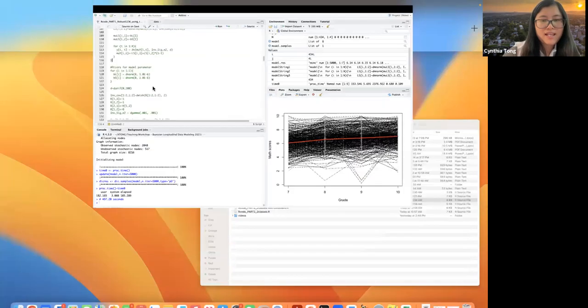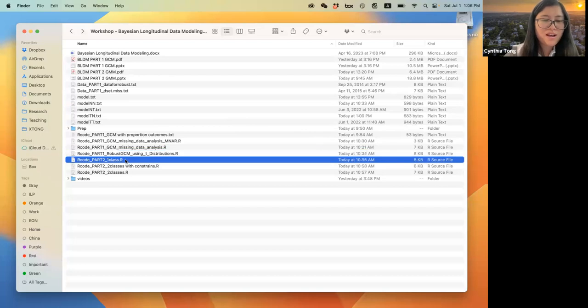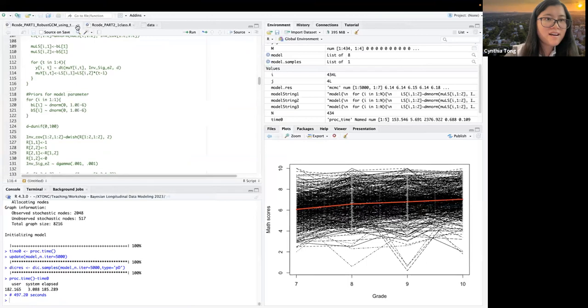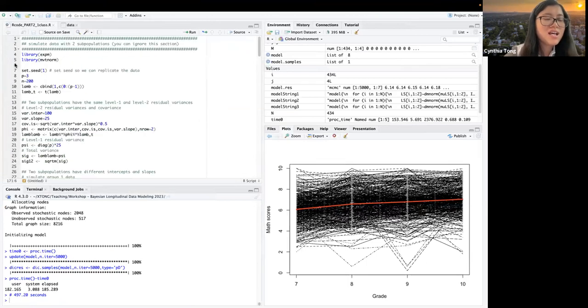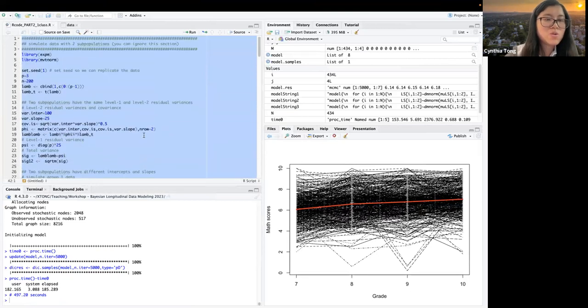All right, and next, we get to part 2. For part 2, we actually have 3 codes, so we can run this because it's simulated data. Everything from the beginning to here is just used to simulate our data.